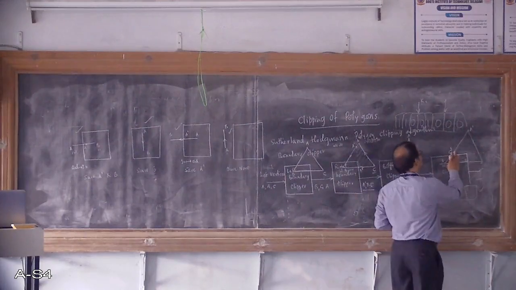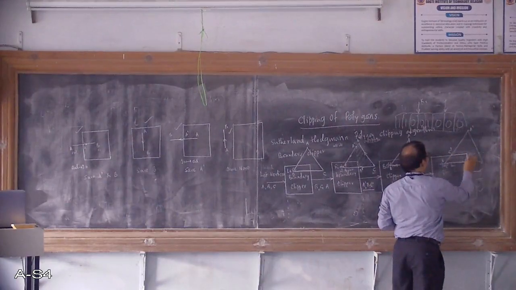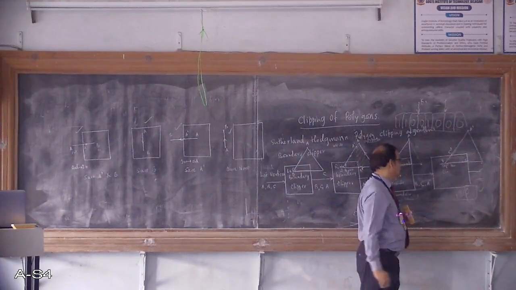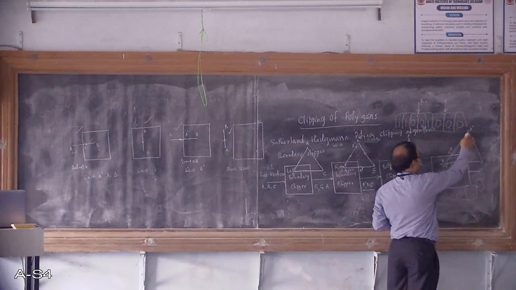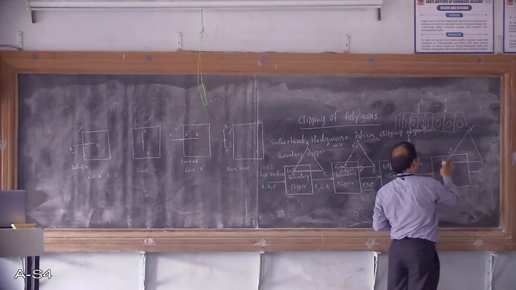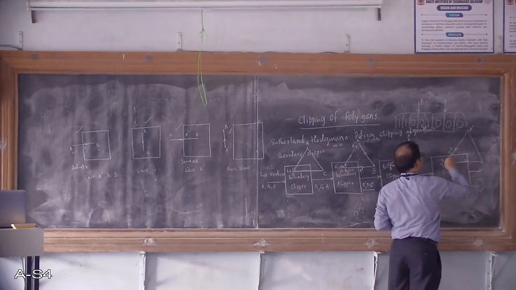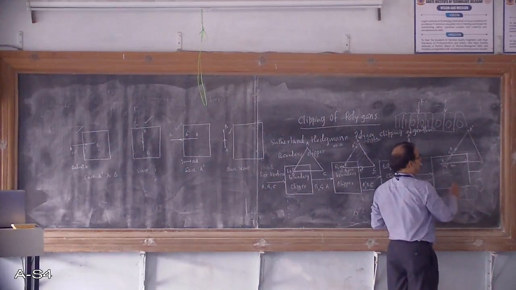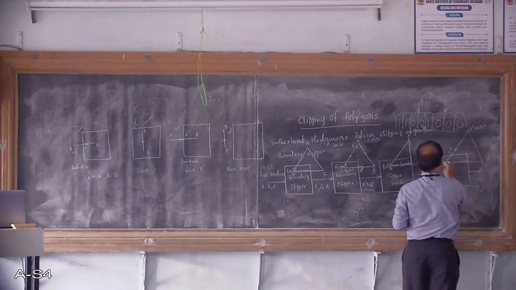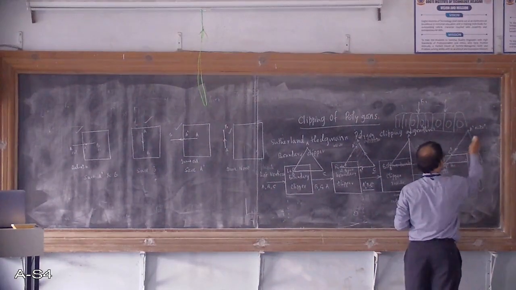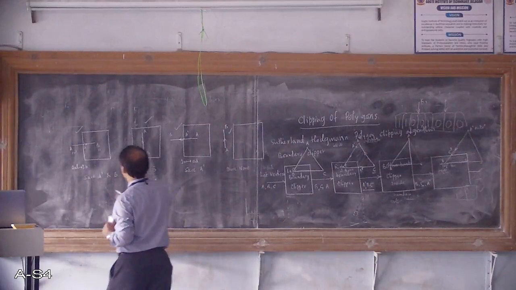C dash is the name given to the intersection point where the edge A dash B intersects with the top boundary. So we have to determine A dash, C dash. Now for this edge there are three vertices, A dash, C dash, B, and we are progressing from A dash to B. Under this case, A dash is outside whereas B is inside. So this case is from outside to inside case. Outside to inside case, yeah, the first one.